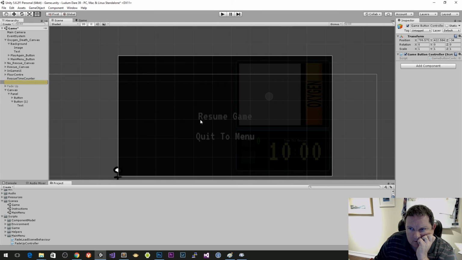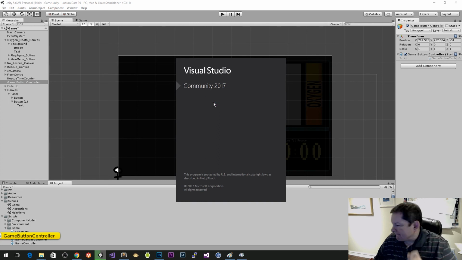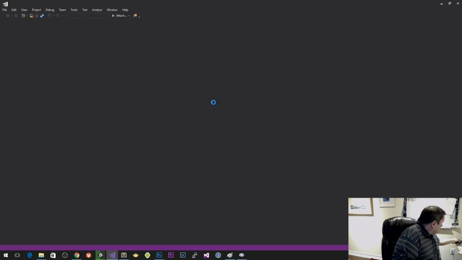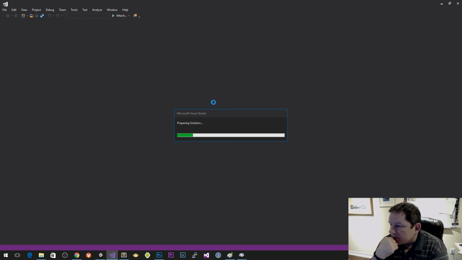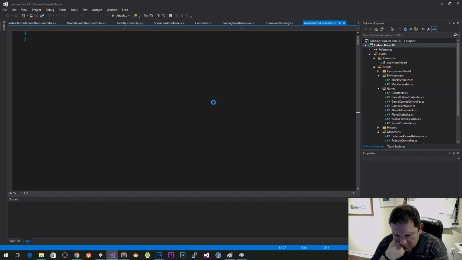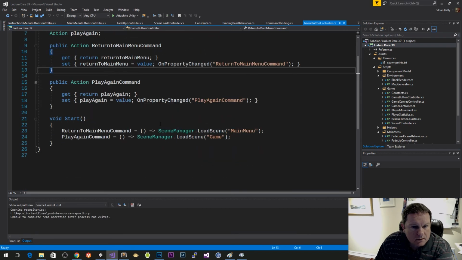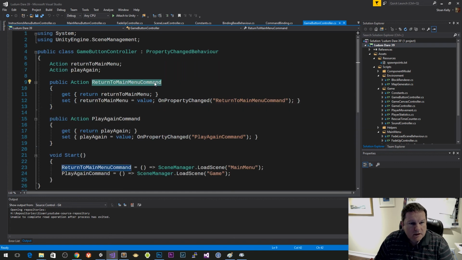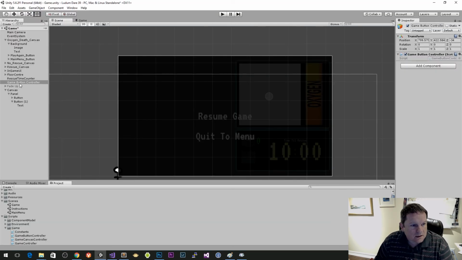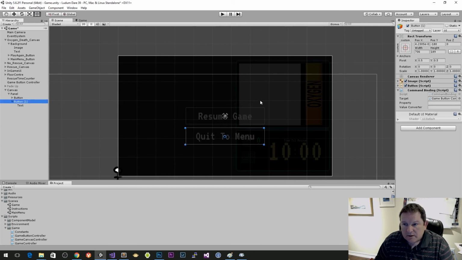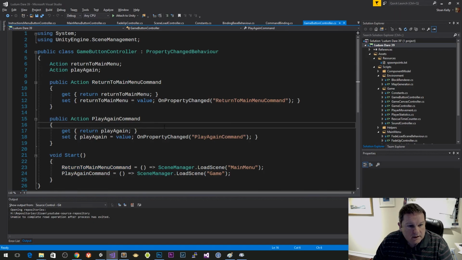what is, what does this one do? There, so the phone doesn't interfere. Okay, so I have a return to main menu command, so I can actually bind this to this. So I have my button 2 here, so I can just use that return to main menu command. And the other one is